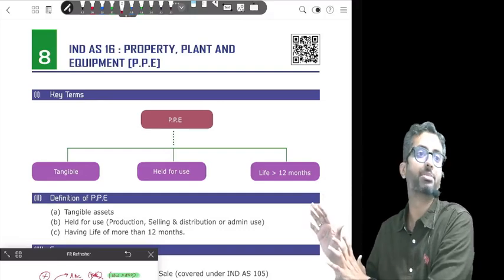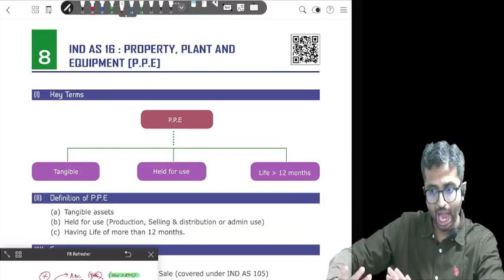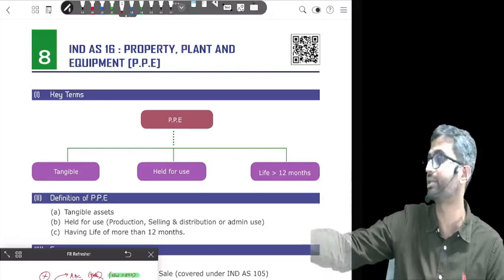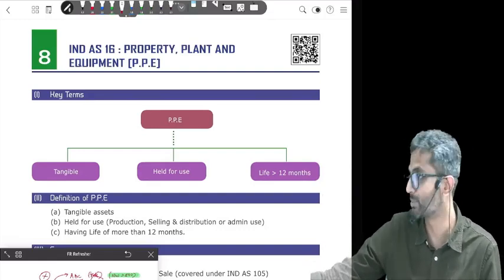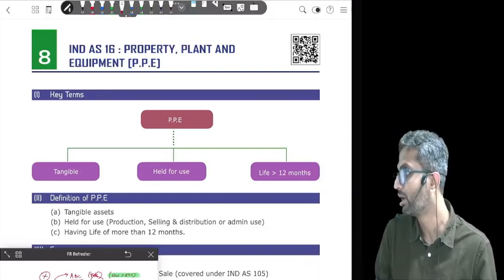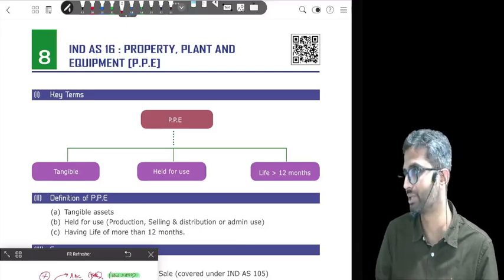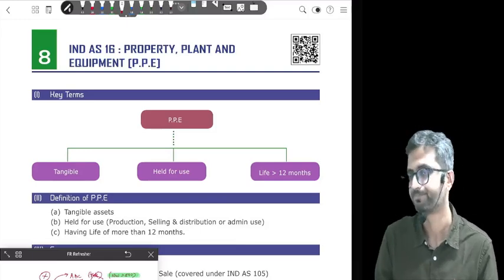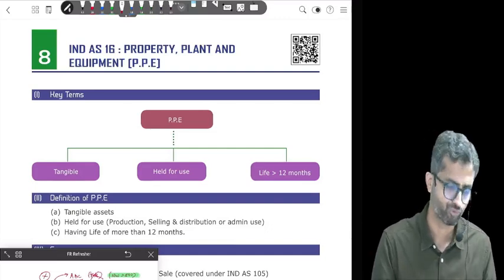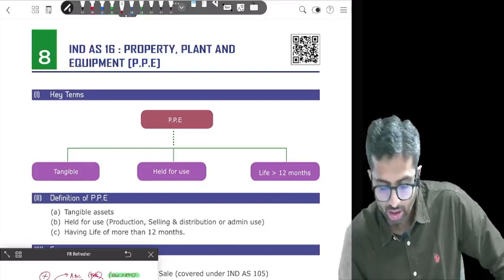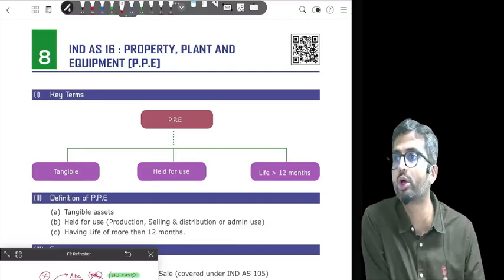But non-finance companies have different roadmaps. So I will not look at my non-finance subsidiaries or non-finance parent. But I will definitely look at my NBFC subsidiaries or NBFC parent because they have the same roadmap. Are we clear with this? Yes? Okay. Perfect. So now we will go into core Ind AS.